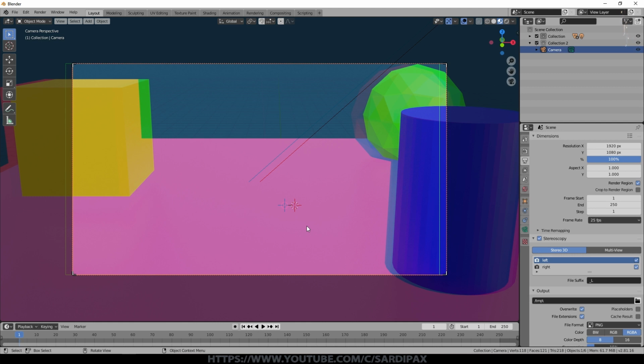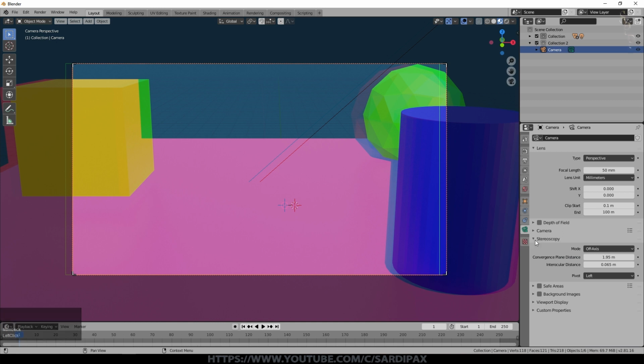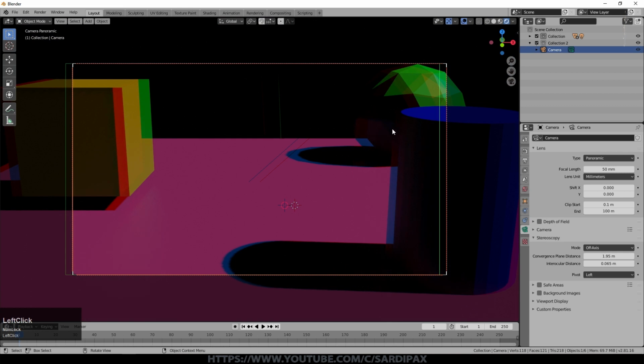So how do we adjust the settings for our 3D scene? A lot of them are within the camera settings. You need to have your camera selected and then go here and click on that little camera icon. It's a camera from about 1950, I think. That's why it looks the way it does. Nevertheless, that is the camera symbol. You can see you've got a couple of options here. Now there is a panoramic one visible there, but it actually won't make any difference. There is no panoramic camera, unfortunately, available within Eevee at the moment.